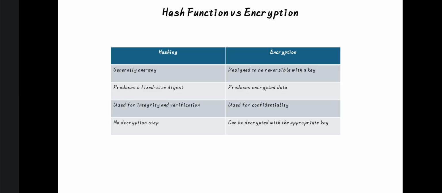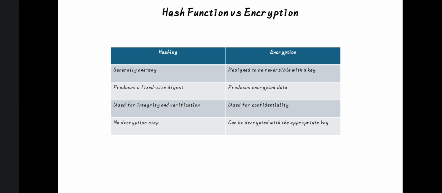The second point: hash functions produce a fixed digest. If you have big data as input, you still get a fixed hash value of, say, 5 digits or 10 digits. But encryption produces encrypted data, and with the key you can recover the original message. Hash functions are used for integrity and verification. Encryption methods are used for